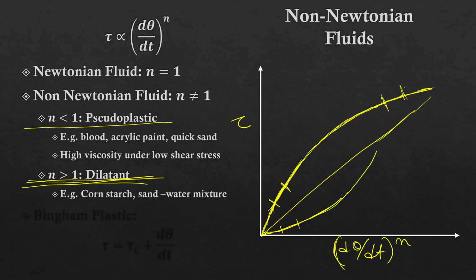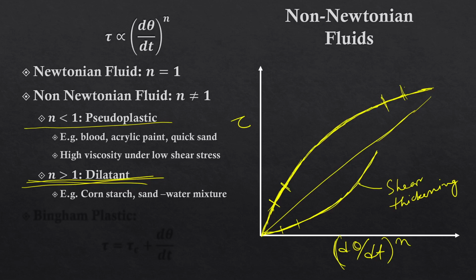So that kind of fluid is called a dilatant, and this kind of fluid where the shear strain rate increases or the viscosity decreases with application of shear stress is called pseudoplastic, and the type of fluid where viscosity increases with greater application of shear stress is called a dilatant. These are also called shear thickening fluids. That means once you apply more shear stress, the liquid appears to be